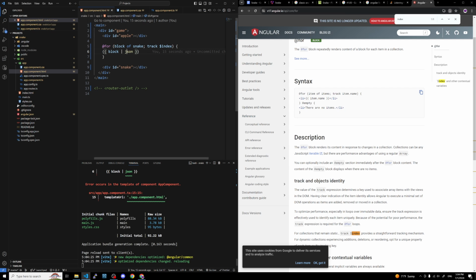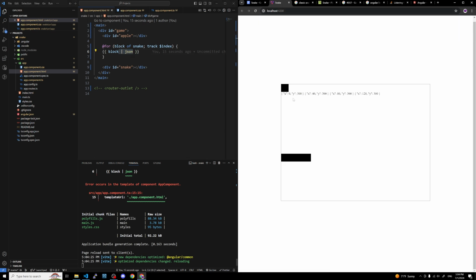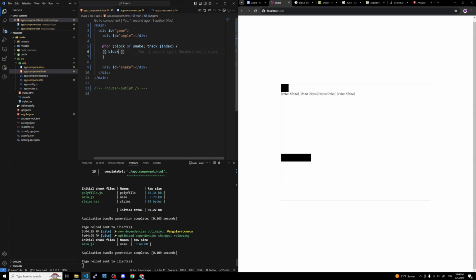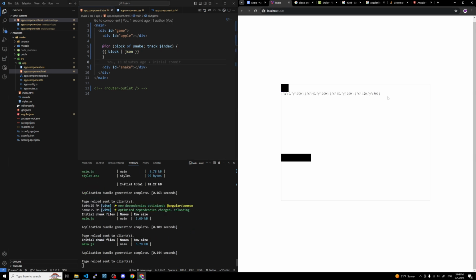Okay, the reason I'm showing this is just to print out the positions, right? So this JSON pipe, instead of showing the object, just shows a JSON string like that. Okay, so now we have the for